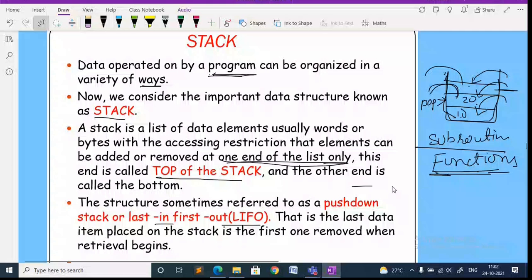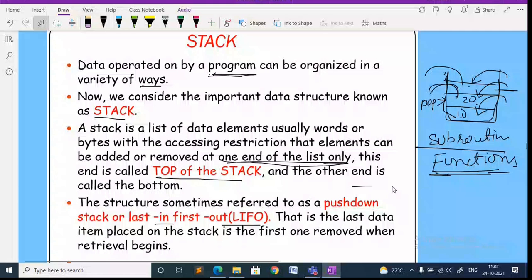So the stack is going to grow. If you want to push an element, you need to decrease the address by 4, so it is 86. So you're going to decrease the address as and when the stack is growing.